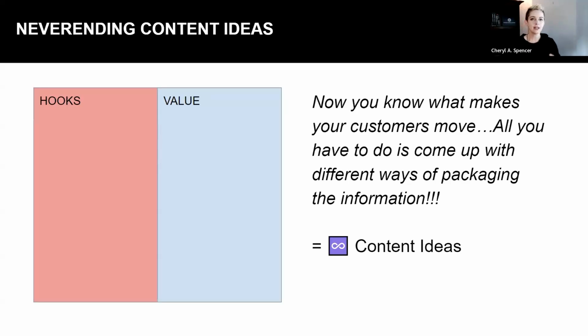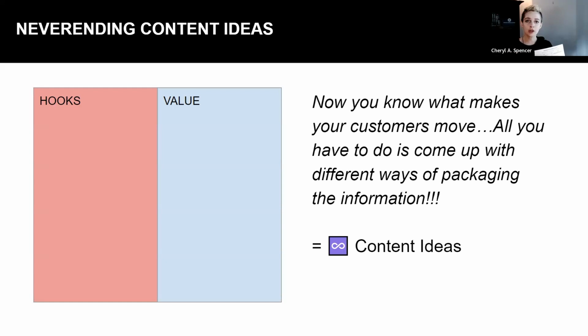So basically, I want to also explain how this worksheet works, because it's divided into 2 main parts. On the left-hand side of the sheet, you have what you're going to be using for your hooks to capture people's attention and draw them in so that they stop watching and listen to your content. And on the right-hand side of the sheet, you have the value. This is inspiration for what value you can provide in your video that will help people.